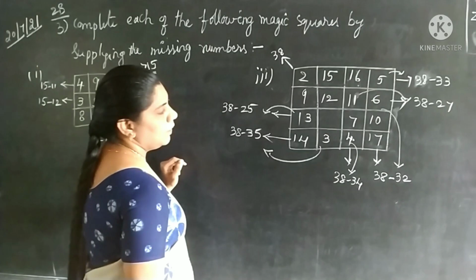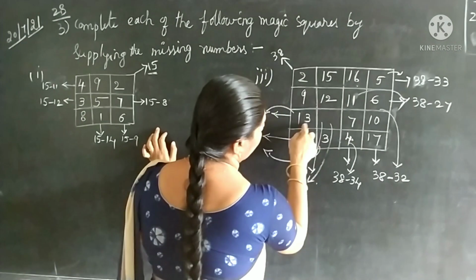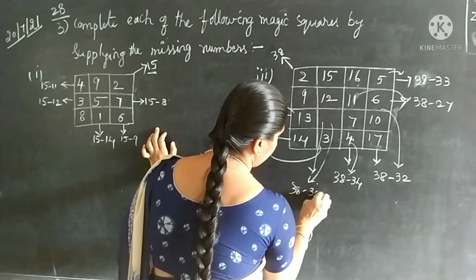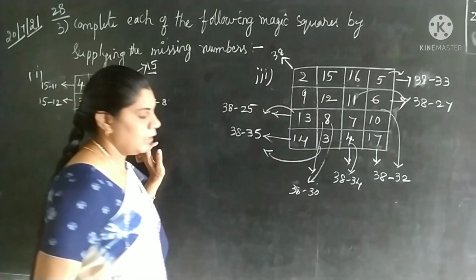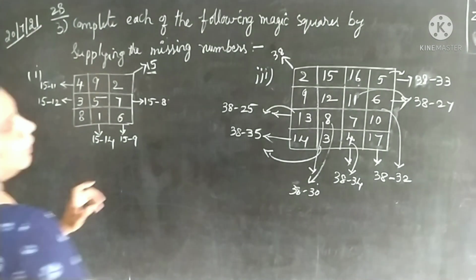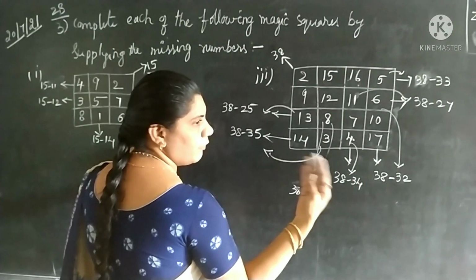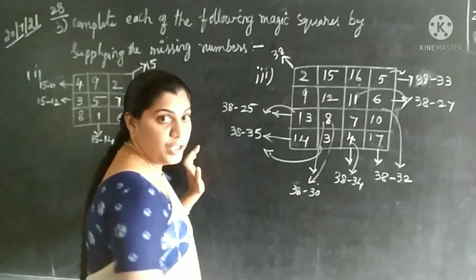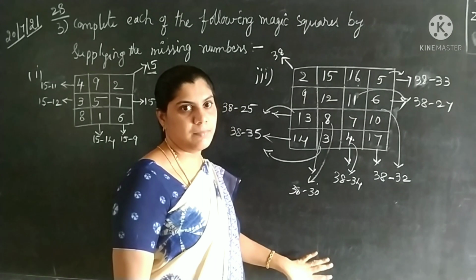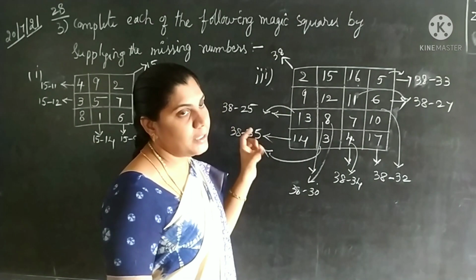Now only one remains. So you have to get this one now. Alright, 13 plus 7, 20 plus 10, 30. So 38 minus 30. How much do you get here? 8. This is the magic square. You have to fill the numbers like this. First, find the line where you have 4 numbers, either in the diagonal line or a vertical line, and find out the sum first. After that, find out the remaining numbers. Each and every horizontal row and diagonal row must be equal to 38 only.